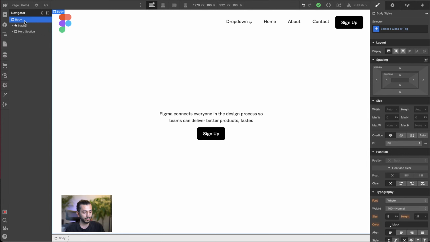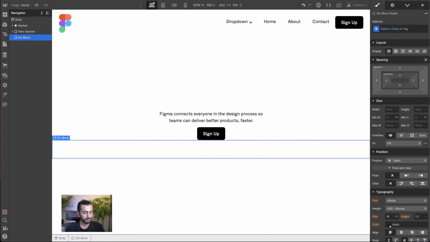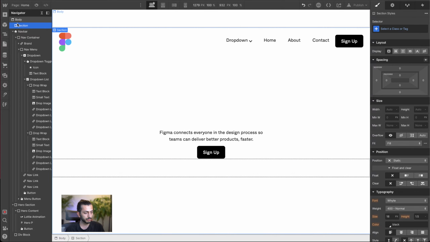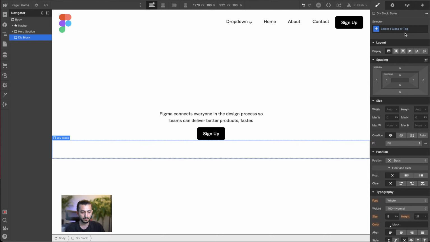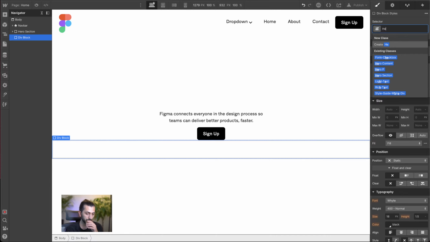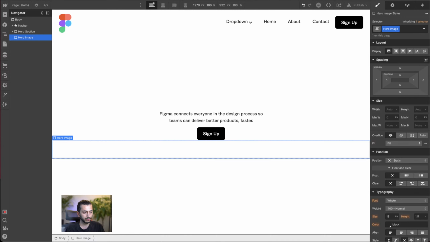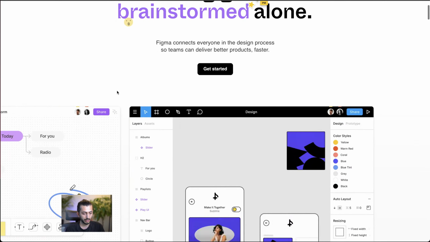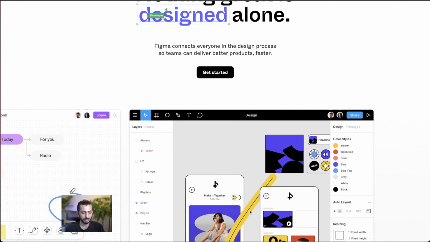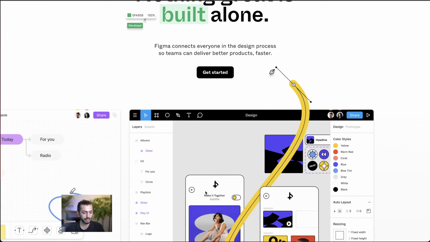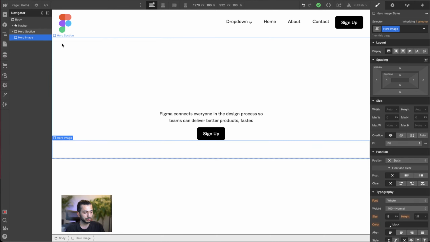So let's add another section. I'm going to call this, okay, I didn't want to do this. So just a div block. We can call this also hero image. This is actually a video. So let's play this. And Figma is doing something really interesting about this. You see, it looks like this whole thing is a video, but the fact is this is only the video, the rest is an image. So to create this,